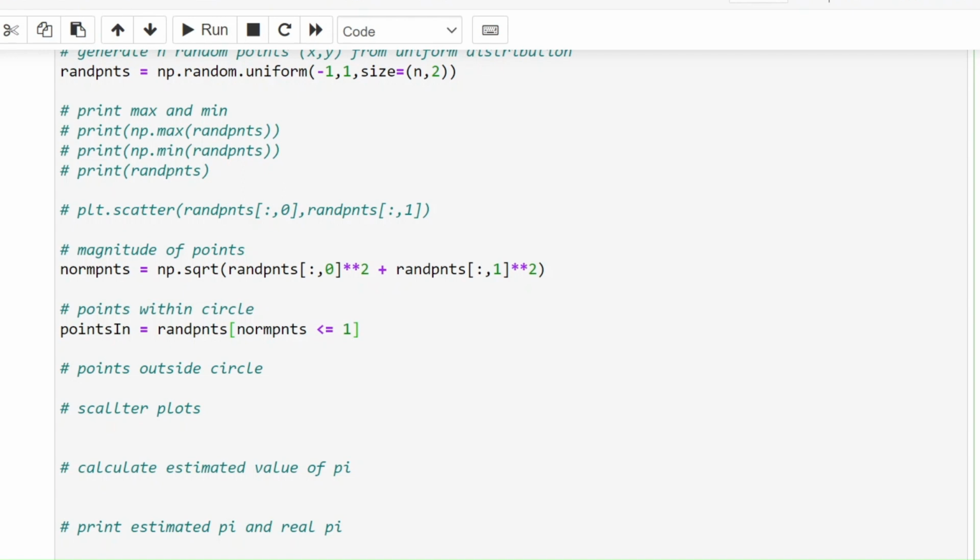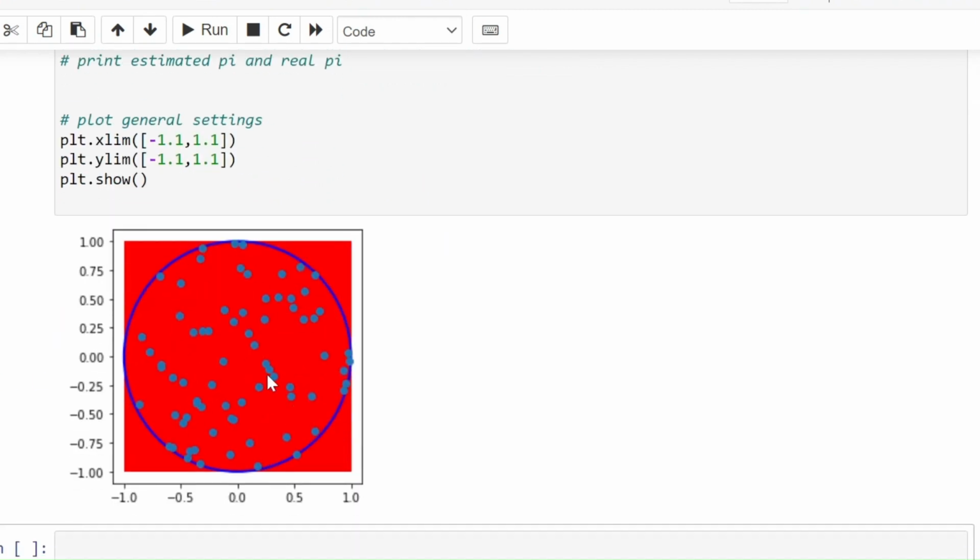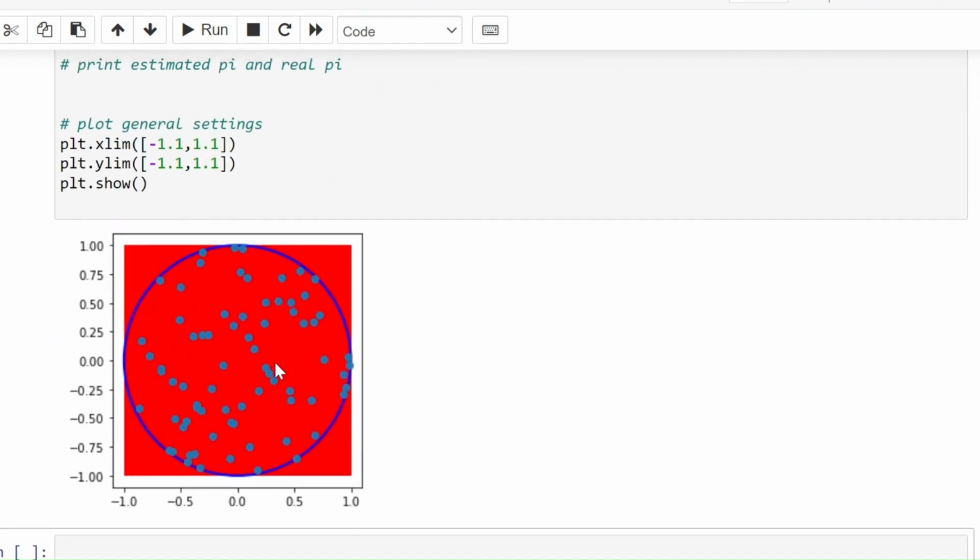That's the radius of a circle. So if the magnitude is less than 1, they are all going to fall within the circle. And we can actually cross check that. We can just copy this command and use this. So instead of rand points, we have points in. Let's run this. So clearly all the points which are within the circle have got plotted, and we will use